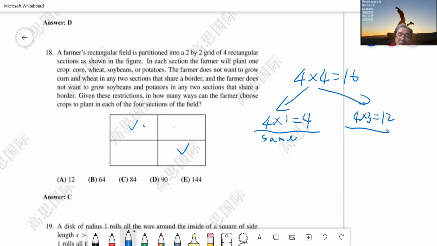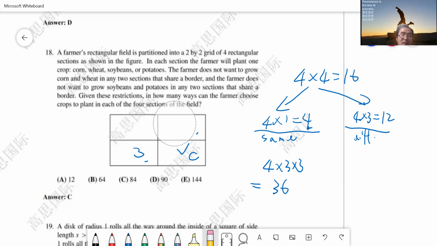So if these 2 are different, right? Okay, so in this case, suppose we have the corn and corn. So this box just cannot be wheat. Then this has the 3 options. Similar here, we have 3 options. Taken together for this situation is 4 times 3 times 3, right? Basically 4 times 3 times 3, which equal to 36 ways,